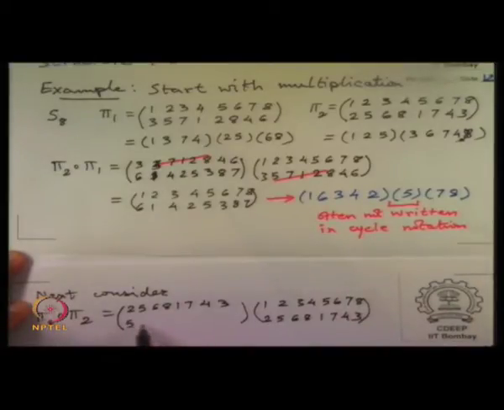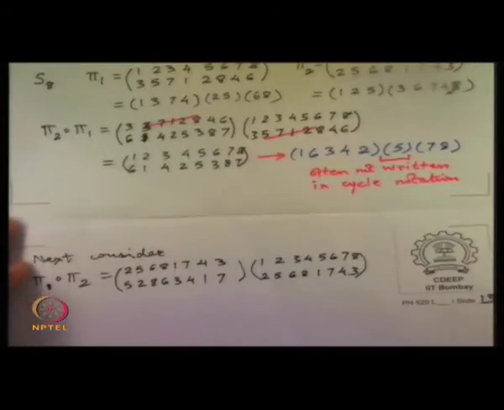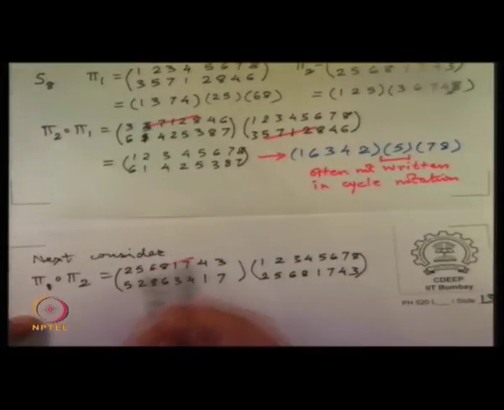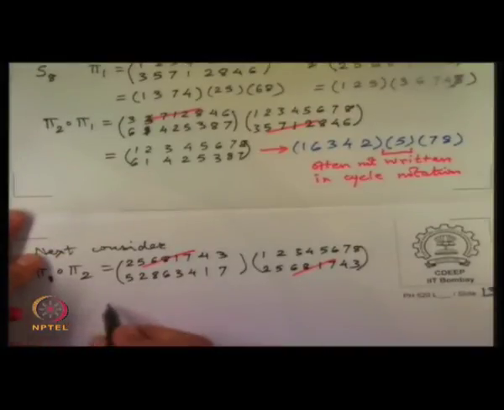So 5 goes to 2, 6 goes to 8, 8 goes to 6, 1 goes to 3, 7 goes to 4, 4 goes to 1, 3 goes to 7. Now we cancel out the common layout of the permutation, and so we get the answer 1 2 3 4